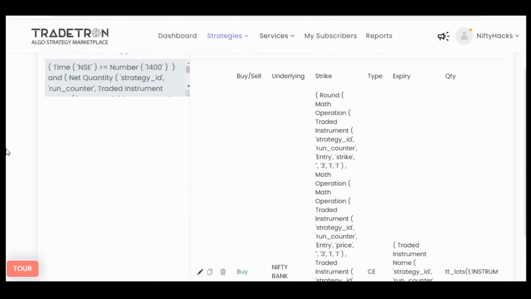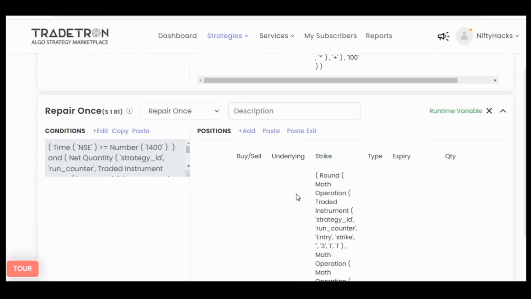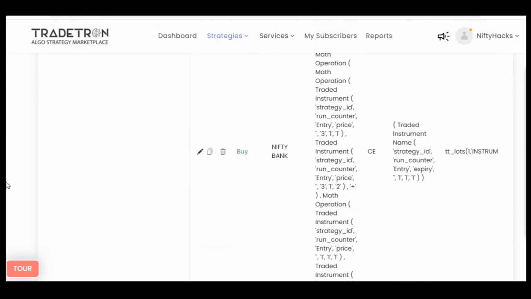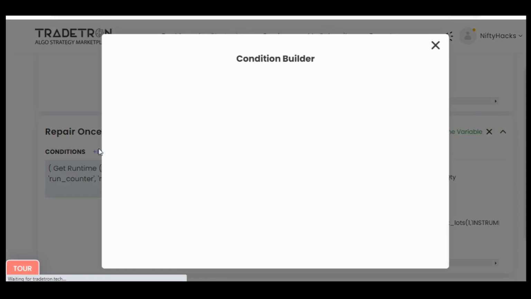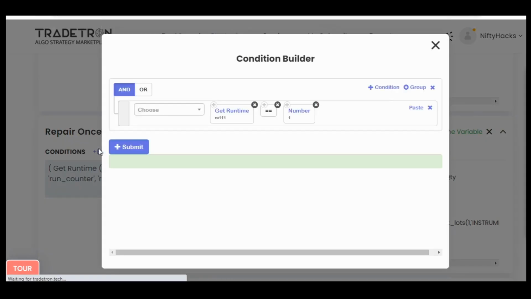So as soon as our condition fulfills, we buy the next hedges, and once the hedges are bought, only then we will exit our previous hedges, to maintain our strategy margin. Otherwise, the margin requirement will shoot up for a short period of time if you exit the previous hedge first and then buy the next hedges. In between, for some seconds or some minutes, there will be only short legs present